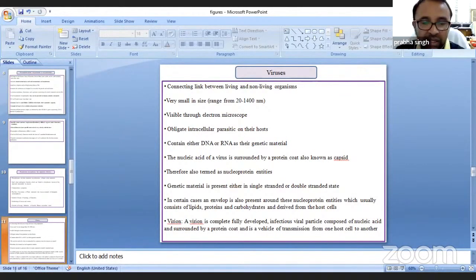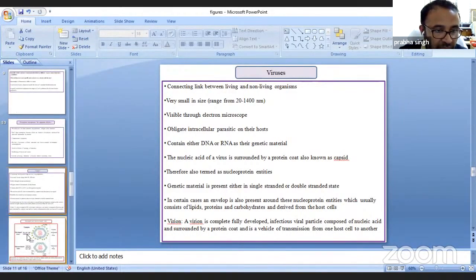Okay, so a virion is a complete, fully developed infectious viral particle composed of nucleic acid surrounded by a protein coat, and is a vehicle of transmission from one host cell to another. तो विरियन क्या है? एक कंप्लीट फुली डेवलप्ड इन्फेक्शियस वायरल पार्टिकल है जो न्यूक्लिक एसिड और प्रोटीन कोट से बना हुआ है, एंड इट इज अ व्हीकल ऑफ ट्रांसमिशन फ्रॉम वन होस्ट सेल टू अनदर. ठीक है, बट विरियन में एनवेलप भी हो सकता है और वो विदाउट एनवेलप भी हो सकता है, ठीक है।